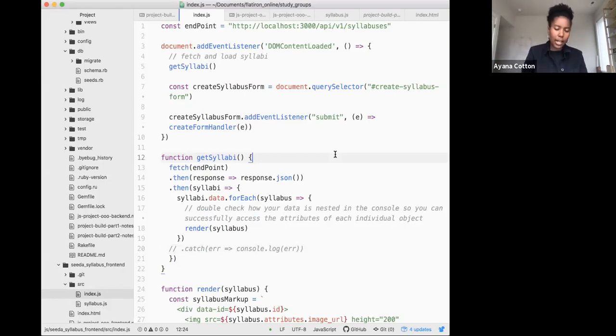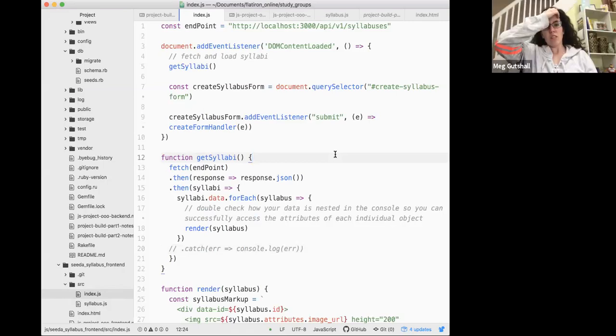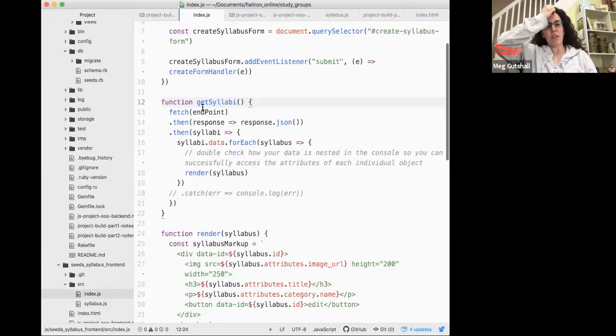What's the first thing I can use my syllabus class to refactor? You can, when you do the function get syllabi, you're essentially creating a new syllabus. So like that render,